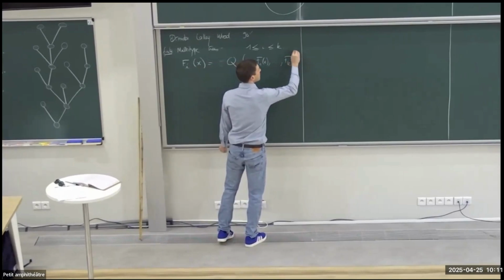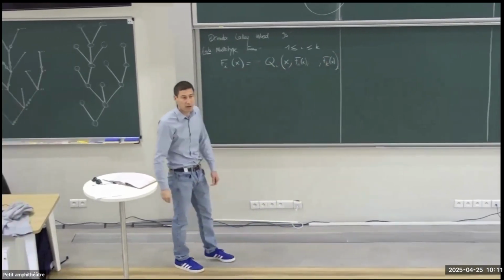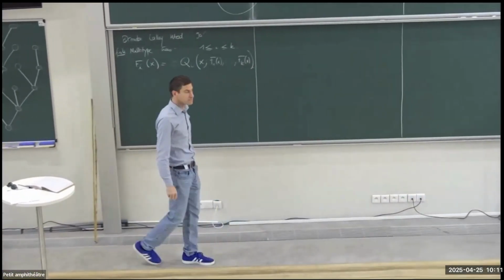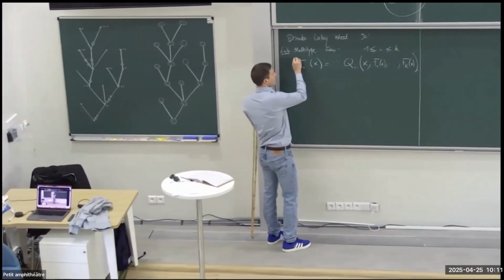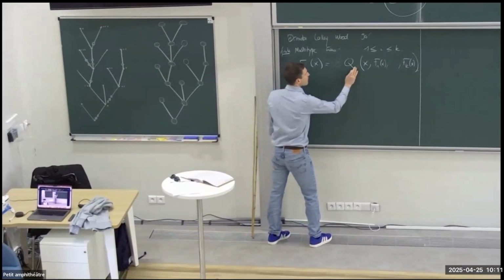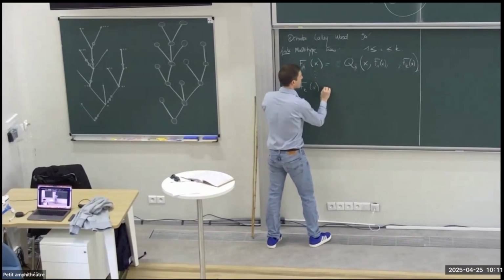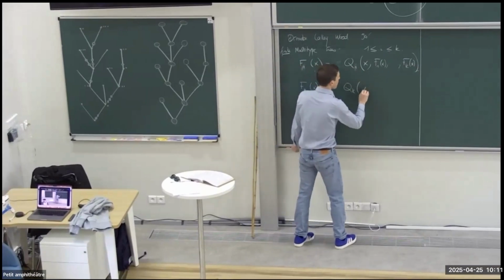The type is the balance? No, not necessarily. Could be, just think of the color of the vertex. Okay, and so you have many equations like that. So f1, you have some polynomial q1 up to fk of x is